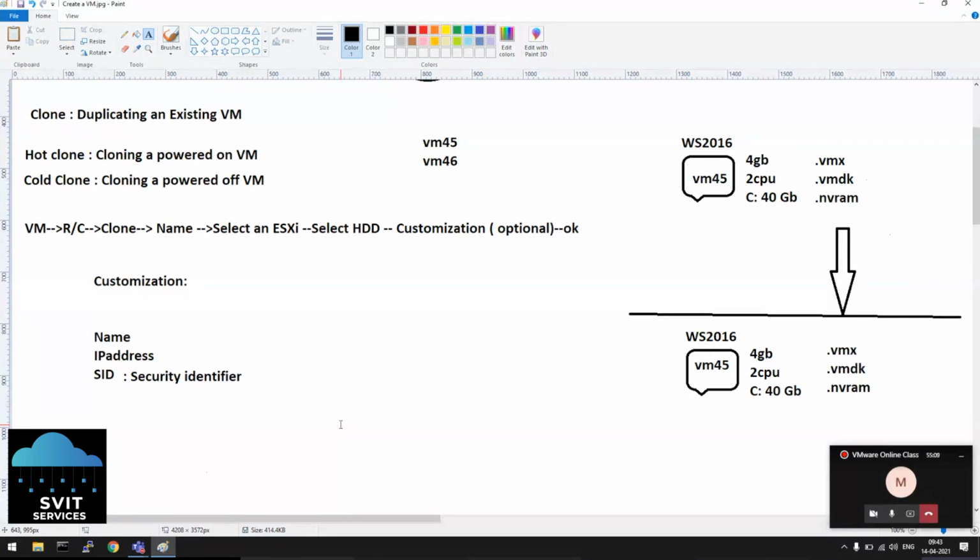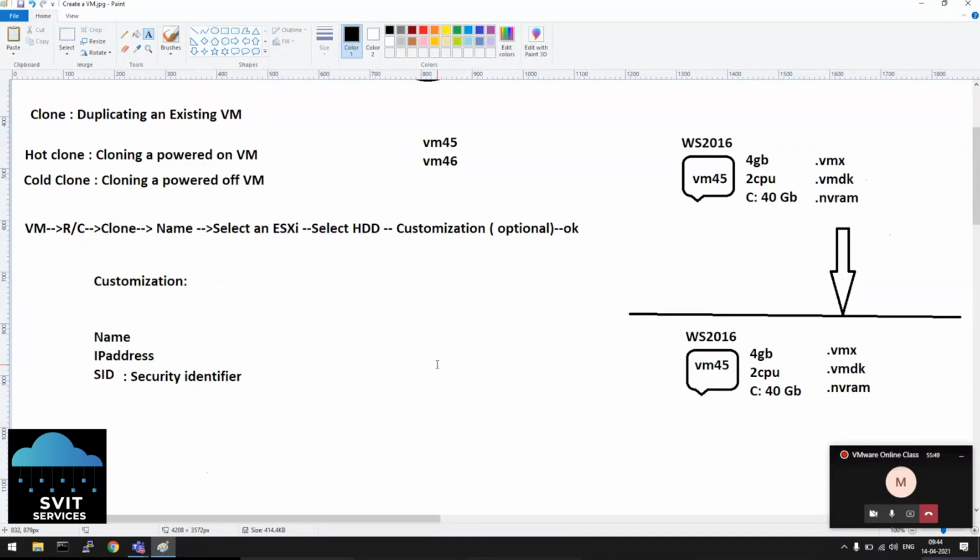The same way, in a Windows Active Directory network, there is a component called SID, Security Identifier, which should be a unique number in a network and should not be the same for any two devices. But once you do cloning from an existing machine, it will copy the same name, same IP address, and same SID, same security identifier.